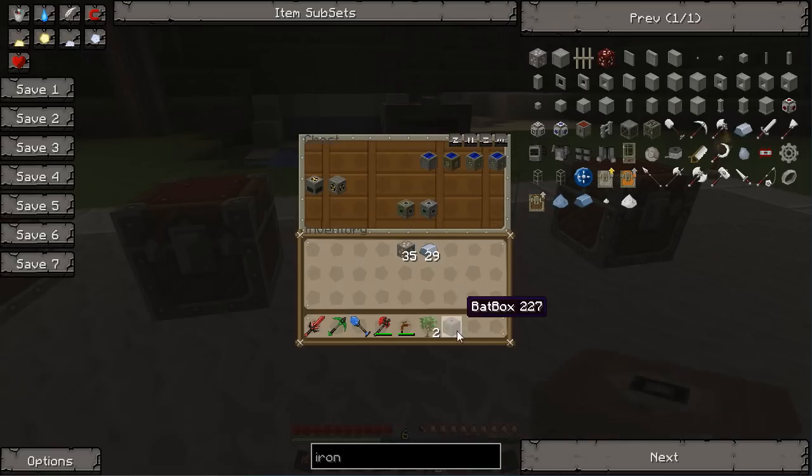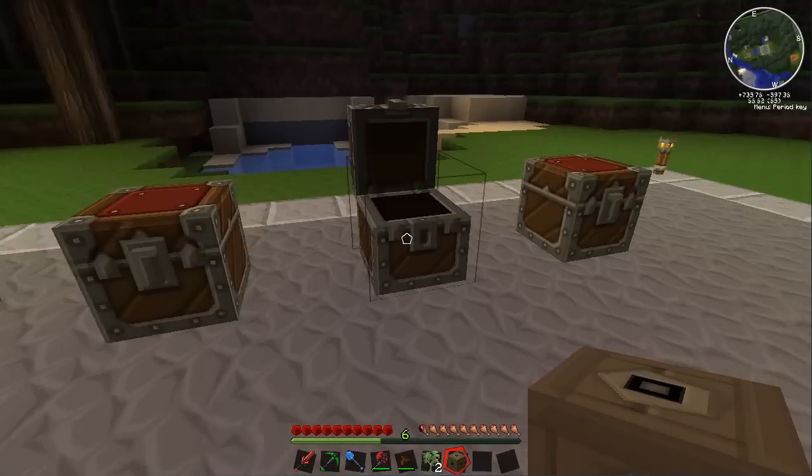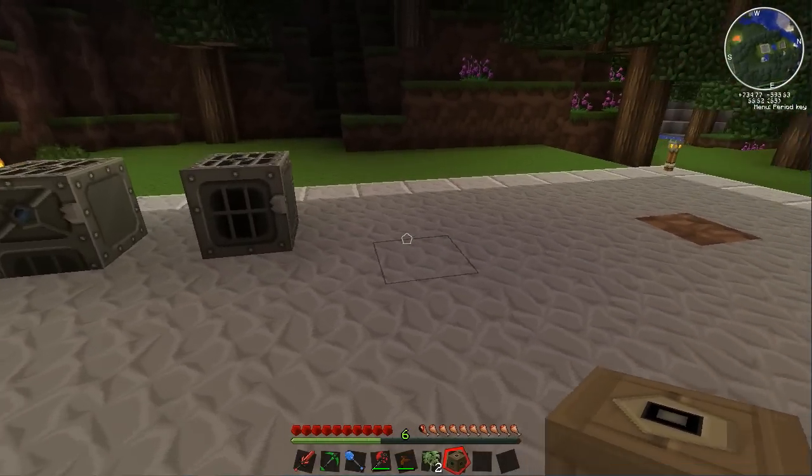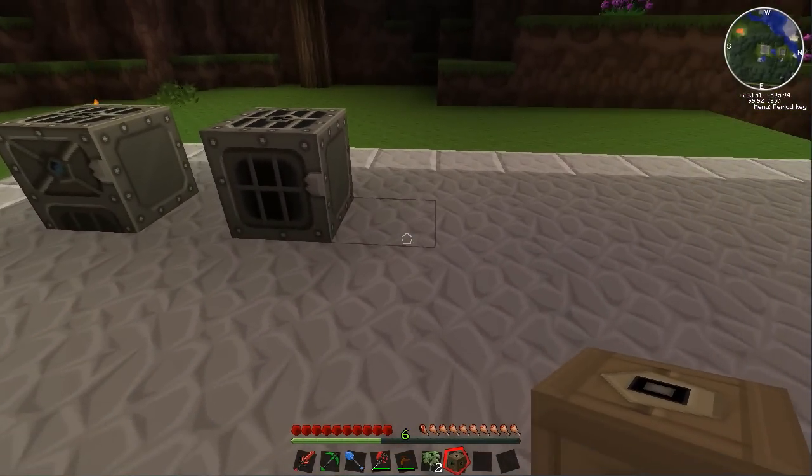So if you make yourself a battery box, I'll quickly show you the recipe here. You should have already made some copper cables and RE batteries. Like I said before, you just might as well make a few of everything, because you are going to need lots of things, so nothing ever goes to waste. There's always something else to use it on. Now you want to be careful the way you place this until you manage to get